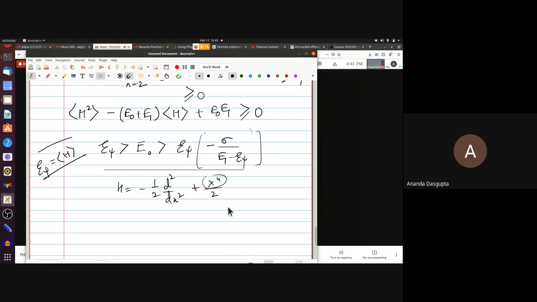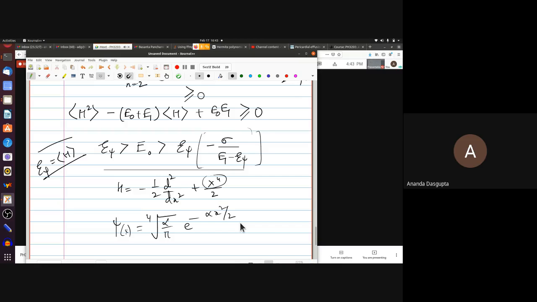Now, for the lower bound, what we did was we took the same family of wave functions. Psi of x is the fourth root of alpha by pi times e to the minus alpha x square by 2. So the standard Gaussian family, motivated by the fact that the harmonic oscillator, of course, has the Gaussian wave function for a particular value of alpha equal to 1 as an